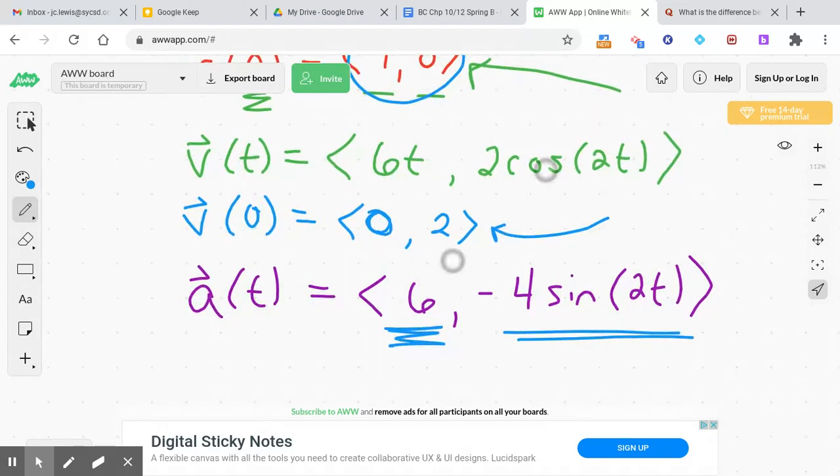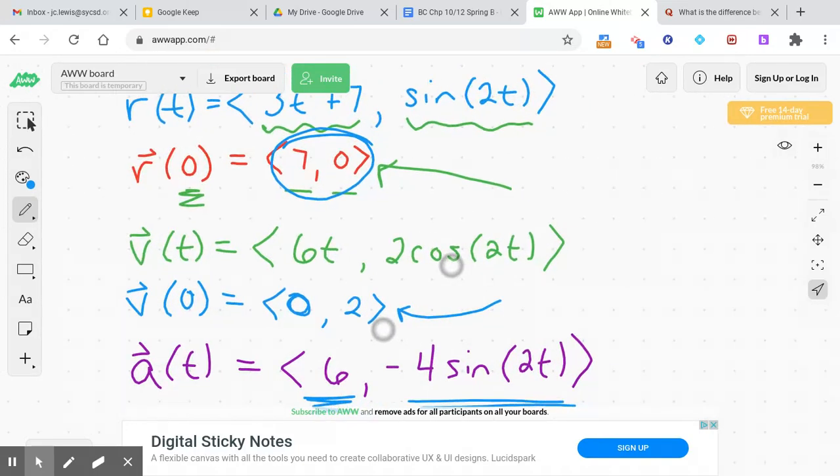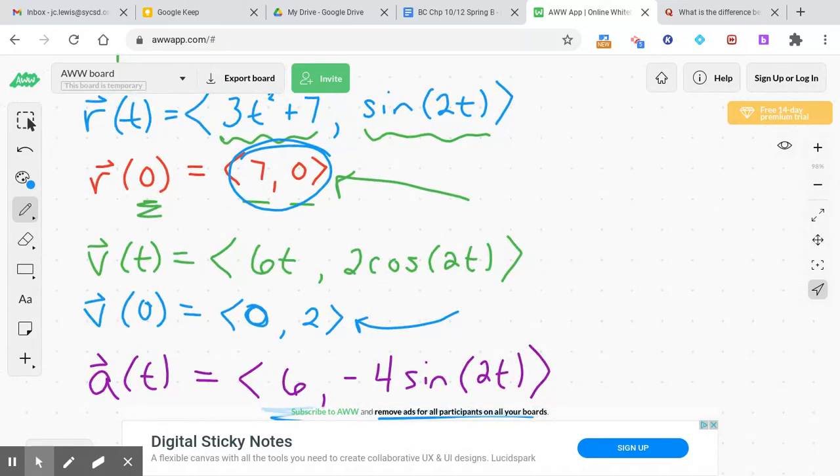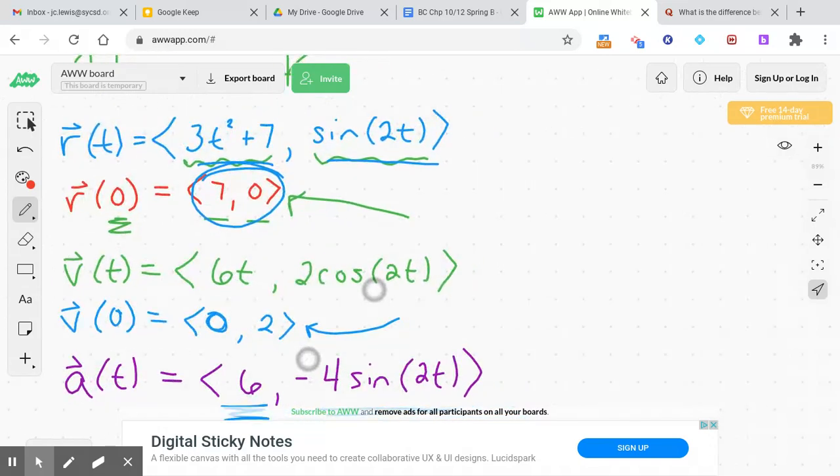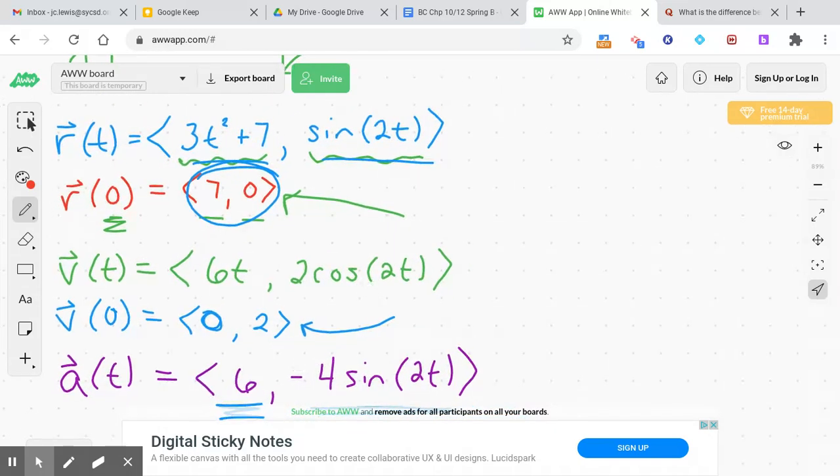So you have simply a different way of writing these vector value functions, but still have an x component function and a y component function that kick this off. You could write all of these in your i and j notation if you wanted to. So give a little bit of space here. So it would be r of t could be written as